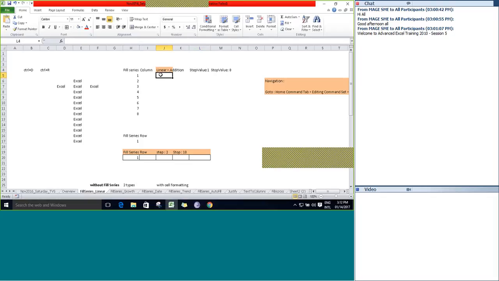Stop value is 8 and step value is 1. How does it come? 1 addition, because it is linear, so it will do an addition. 1 plus the above value is going to be the next value. Similarly, it goes on. 4, 5, 6, and 8.